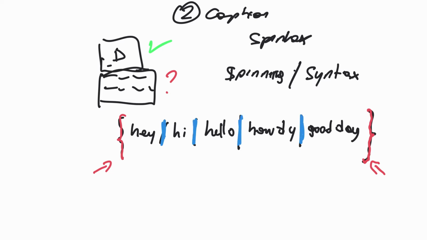So what happens here is that the system is going to pick one of the options that I put inside the spin tag. So let's say I'm posting a picture, right? And now I'm asking the tool to create a caption for me. So it's either going to say, hey, or hi, or hello, or howdy, or good day. So right there, with these spin tags that I've created, I already have 5 different captions, okay?